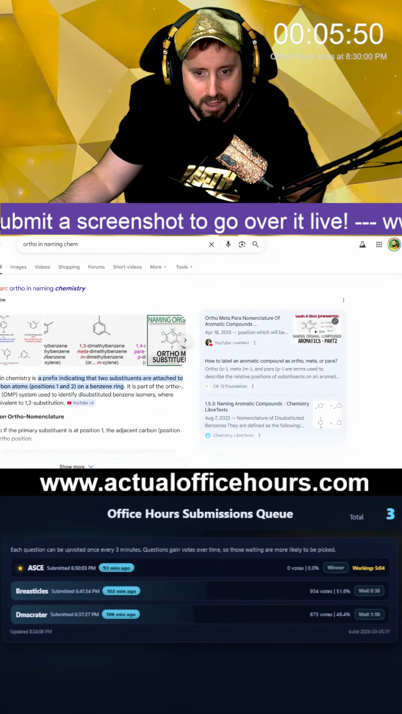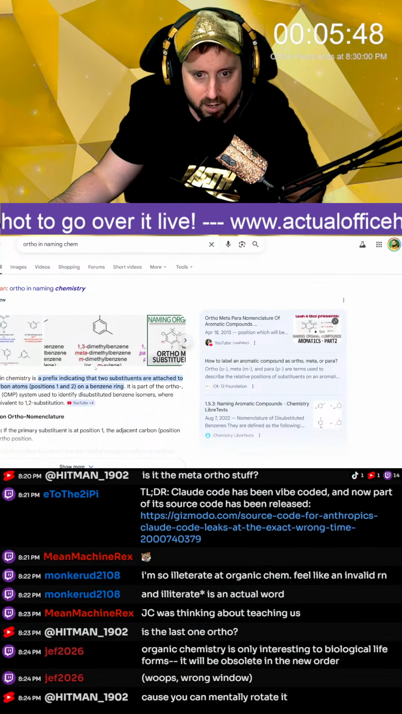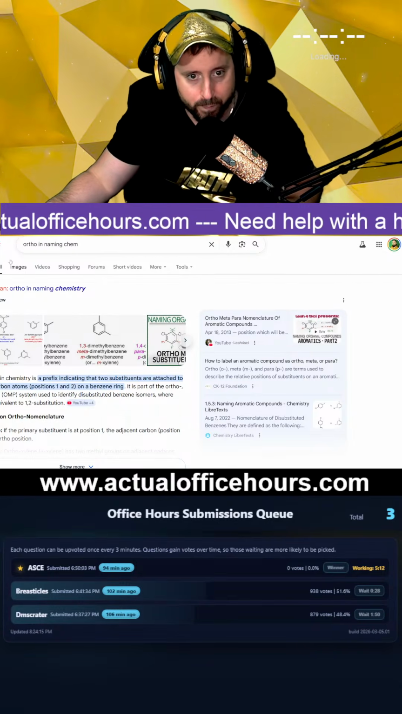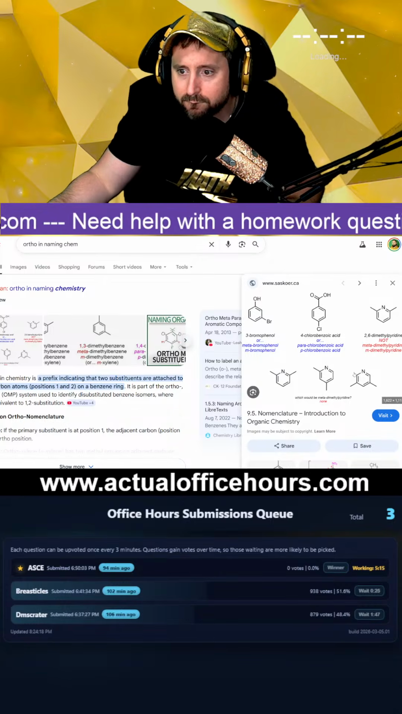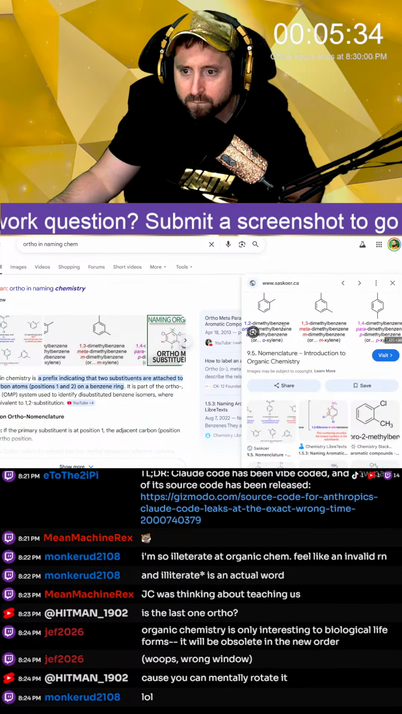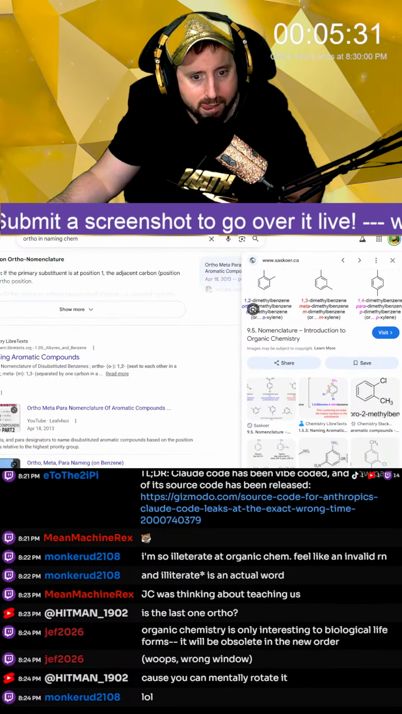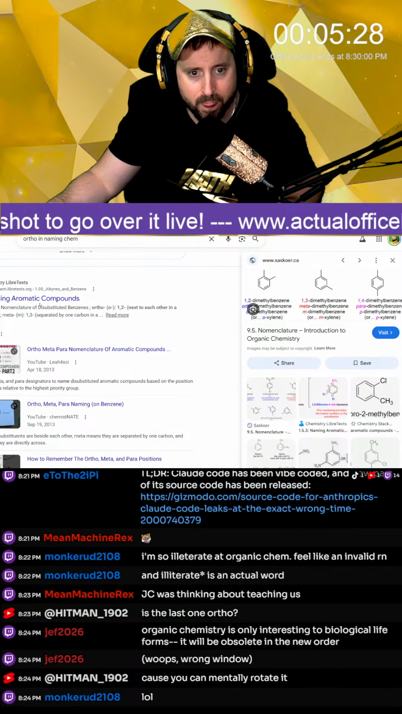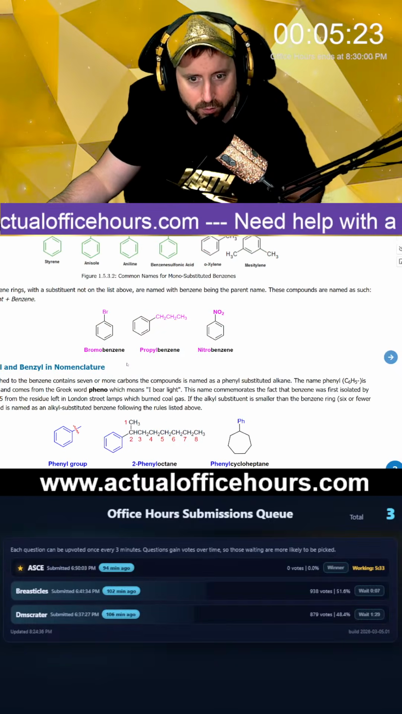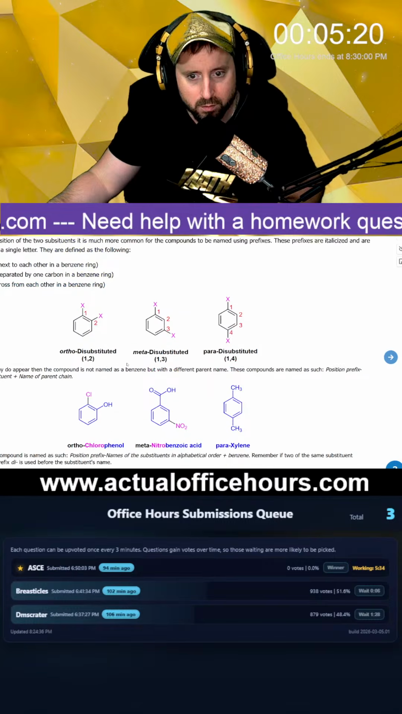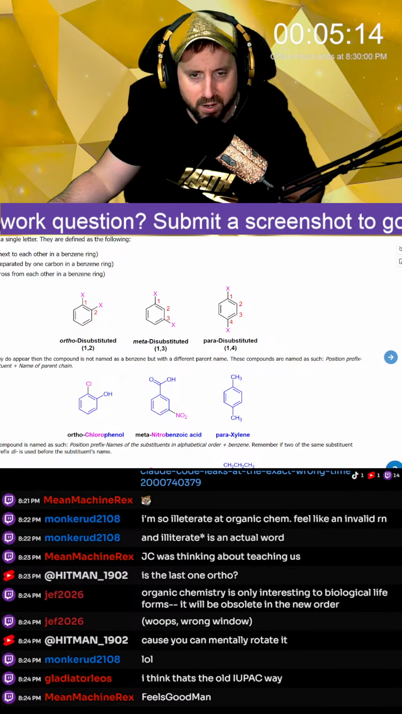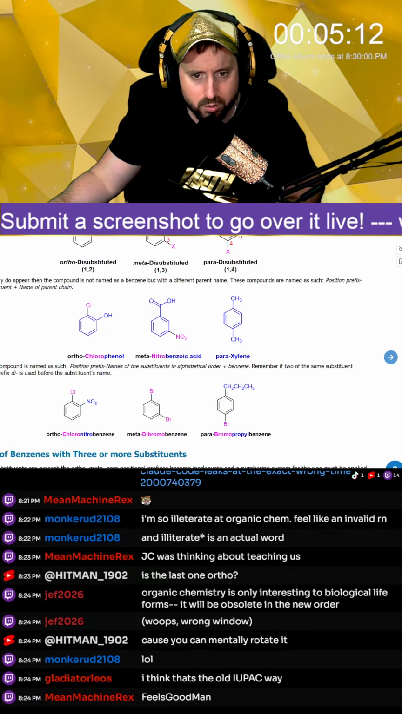Ortho: that 2 substituents are attached to adjacent carbon atoms. Oh, okay. Ortho is the same thing as saying 1, 2. That's cool. I didn't know about the ortho one. Right, so if things are right next to each other in 1, 2, you can say ortho. Yeah, okay. But I think they have to be the same thing, no? Oh, no. Look,